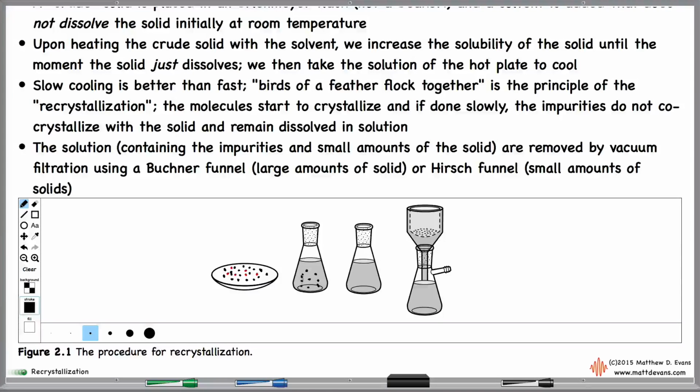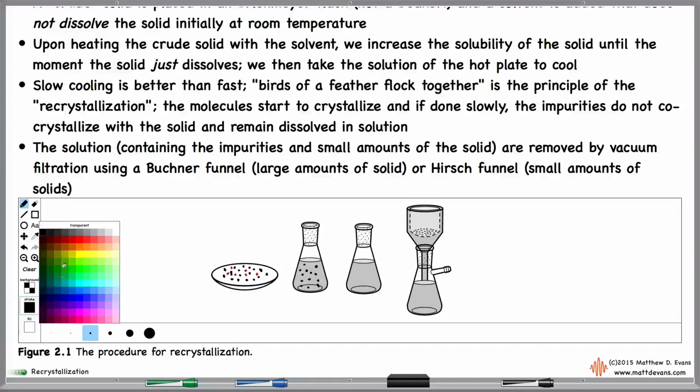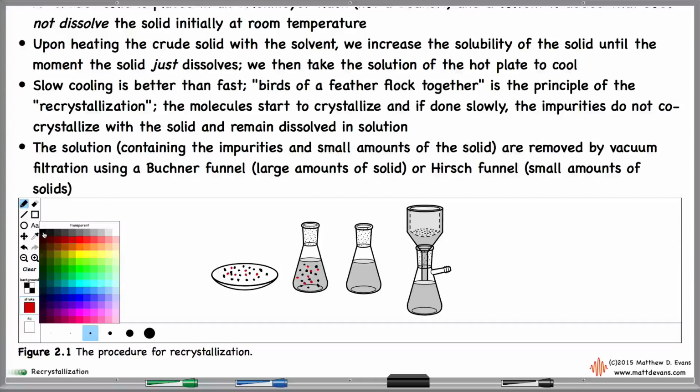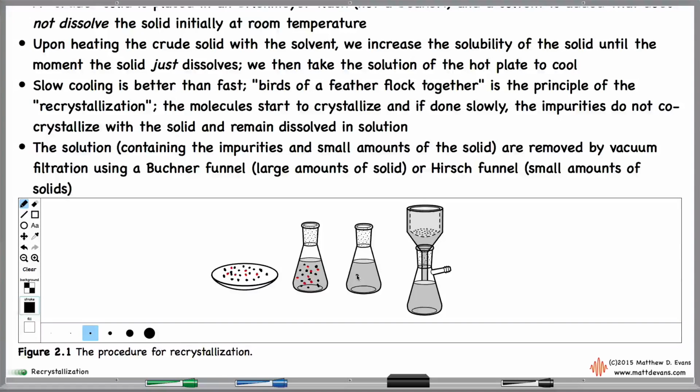So they're floating around. We've already added a bunch of hot solvent at this point, and we're right at the moment that everything, and I mean everything, is dissolved in solution. The solution's hot, and it's ready to come off the hot plate. And what happens at this point is, as we let this slowly cool, our compound is going to hopefully crystallize